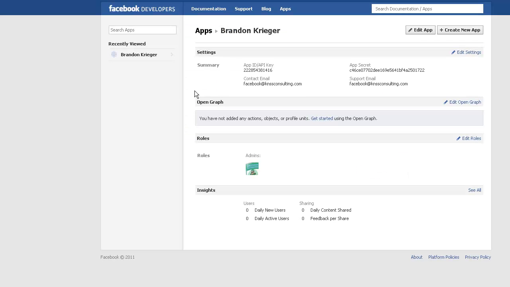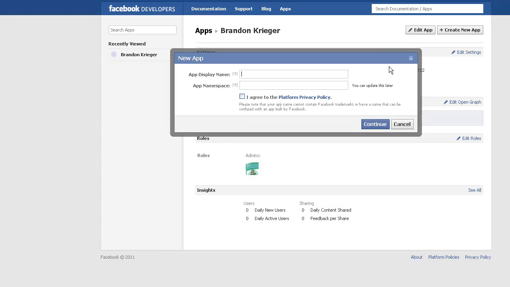So then from here, once you get to this page, you're going to click on create new app, name it what you like. Now the namespace has to be 7 characters long, no capitals, right? So what I'm going to use is Twitter Doctor. So it's available. So just to kind of show you,